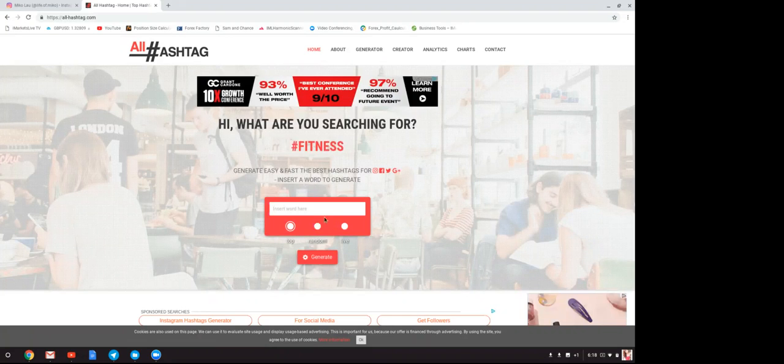You want to use the top 30 hashtags as the first comment on your post. You don't want to put the hashtags in the caption. You want to put it as the first comment on your post. Does that make sense? I think Lewis mentioned how this affects the algorithm. Instead of putting it in your caption, you put it as a comment. It generates more exposure. So use this website every time.